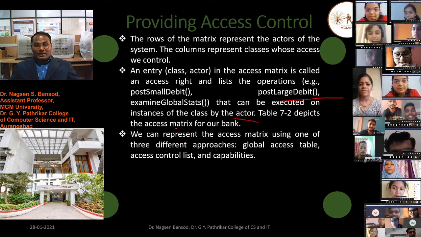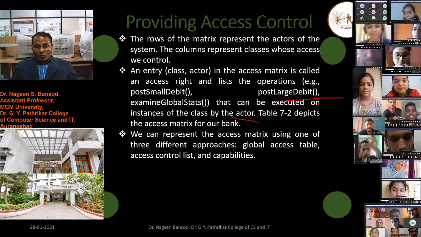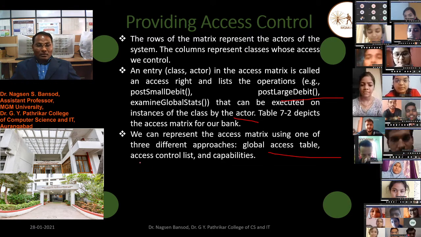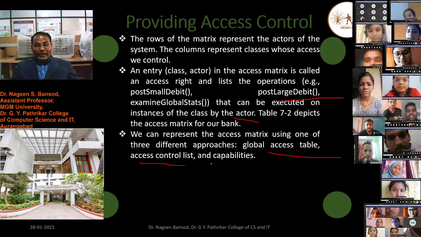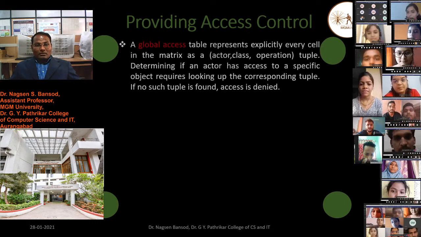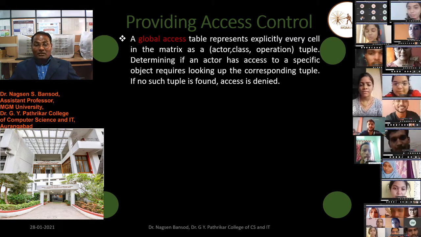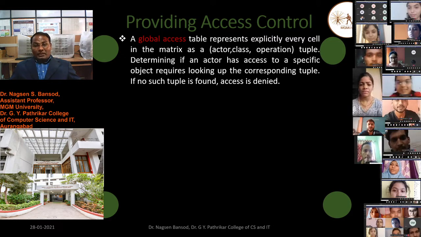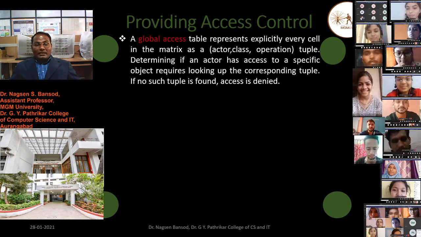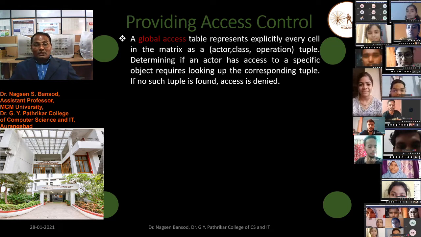We can represent the access matrix using one of three different approaches: global access table, access control list, and capabilities. What is a global access table? It explicitly represents every cell in the matrix as an actor, class, operation tuple.